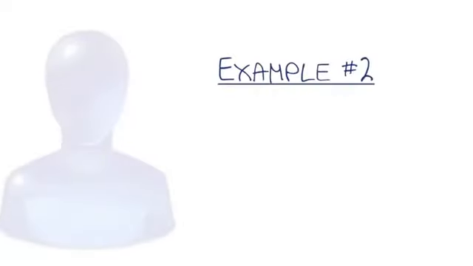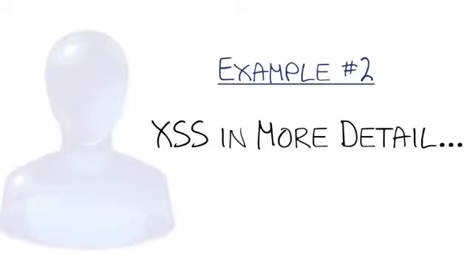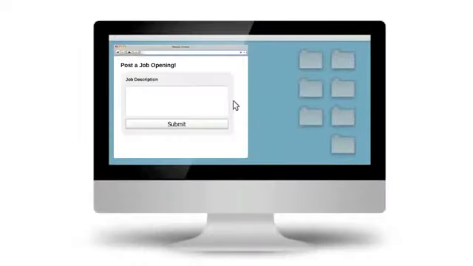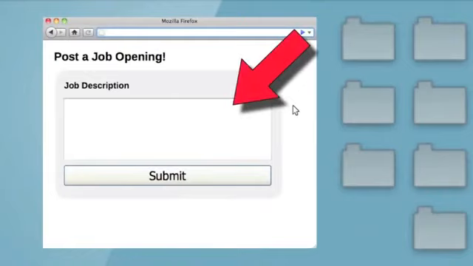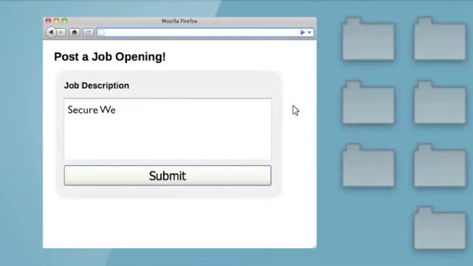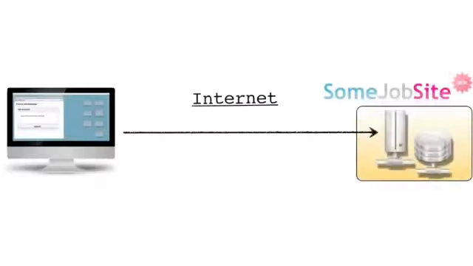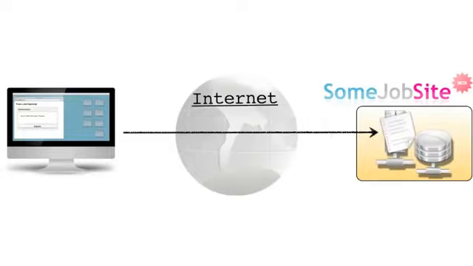So now that we understand what the attacker is trying to accomplish, let's look at another example in a bit more detail. Imagine an employment website. Here, the intended workflow of the application is that an employer visits and posts a new job opening. And to keep things simple, imagine there's only a single field, the job description field. The employer enters the description and clicks submit. The employer's browser then sends the request across the internet to the employment site's web server, where it will be